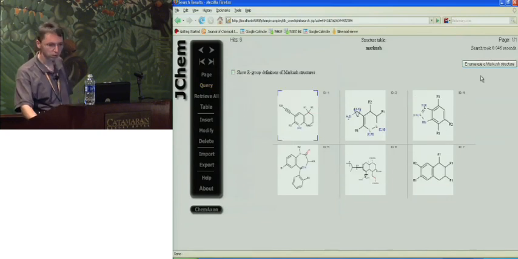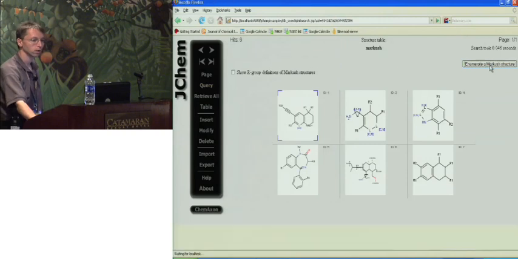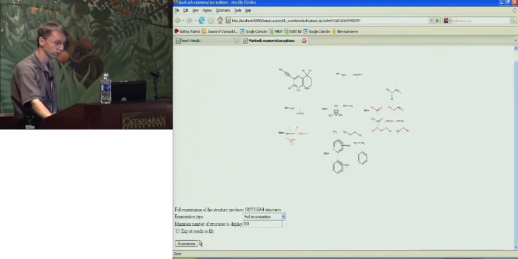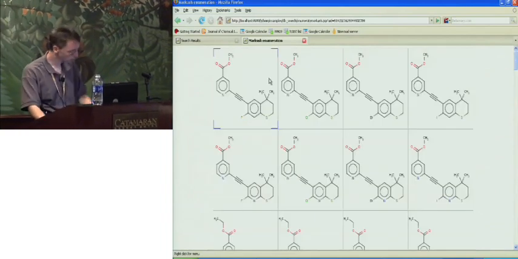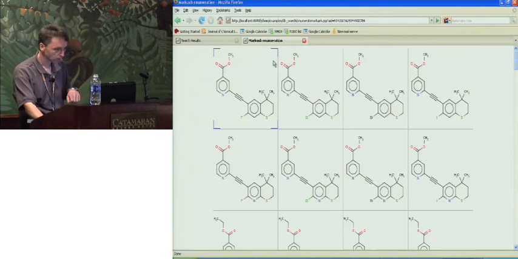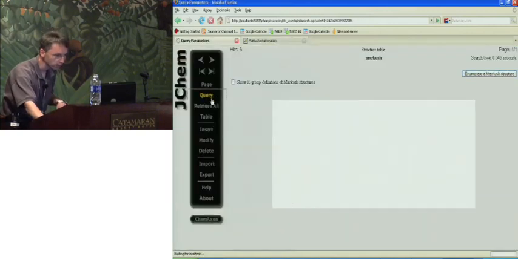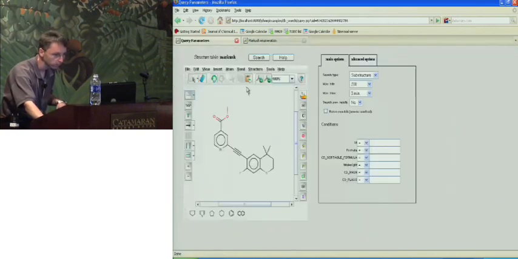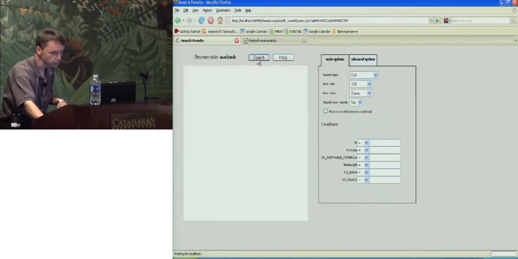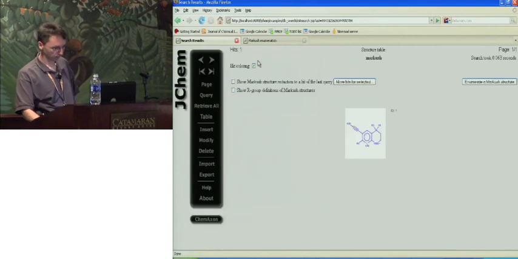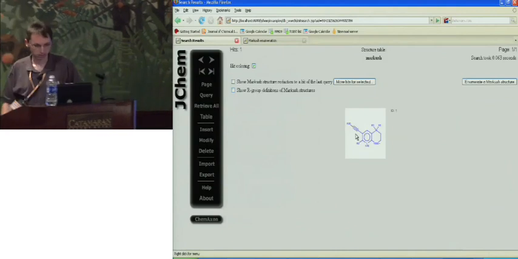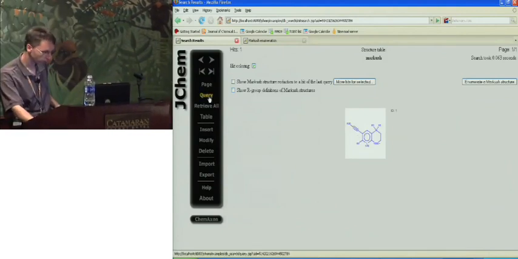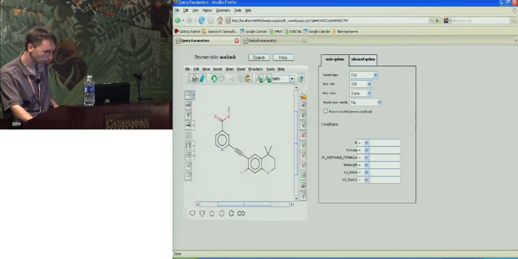Let me just first show some enumeration. Markush enumeration is also integrated into this example. Let me just copy the first enumerated structure and query that one. Okay, we've got this. We are running a full structure search. Indeed, we have found this structure, this Markush record, and we can also do